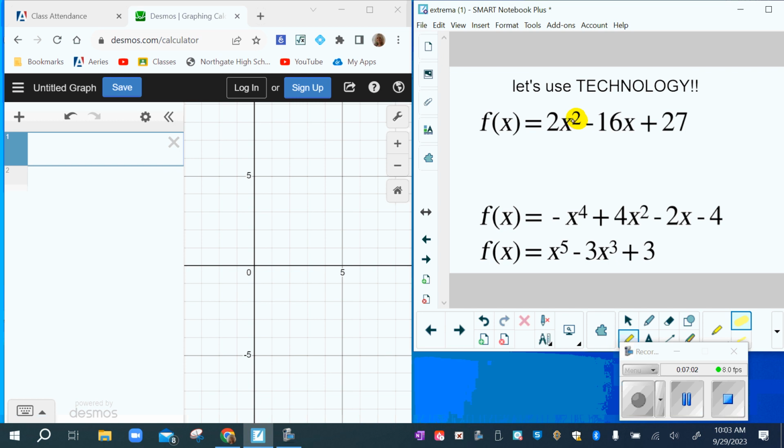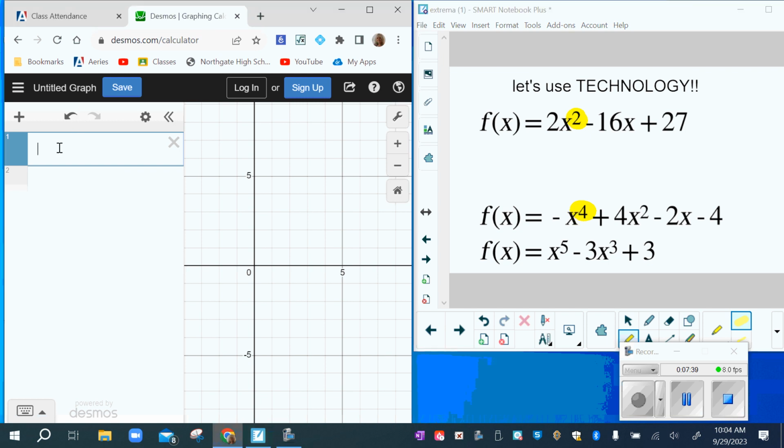That means he has one important point. He has one extrema. And you're like, why does that matter? Because sometimes when you graph it, you can't see the whole thing. So you've got to kind of think in your mind that there are important points that we're going to look for. It's always one less than the biggest exponent. And I'm going to show you when I graph it up here, if I didn't keep my eye out for that, my graph might not show you enough. So let's start here. Let's put the number 1 in our little Desmos.